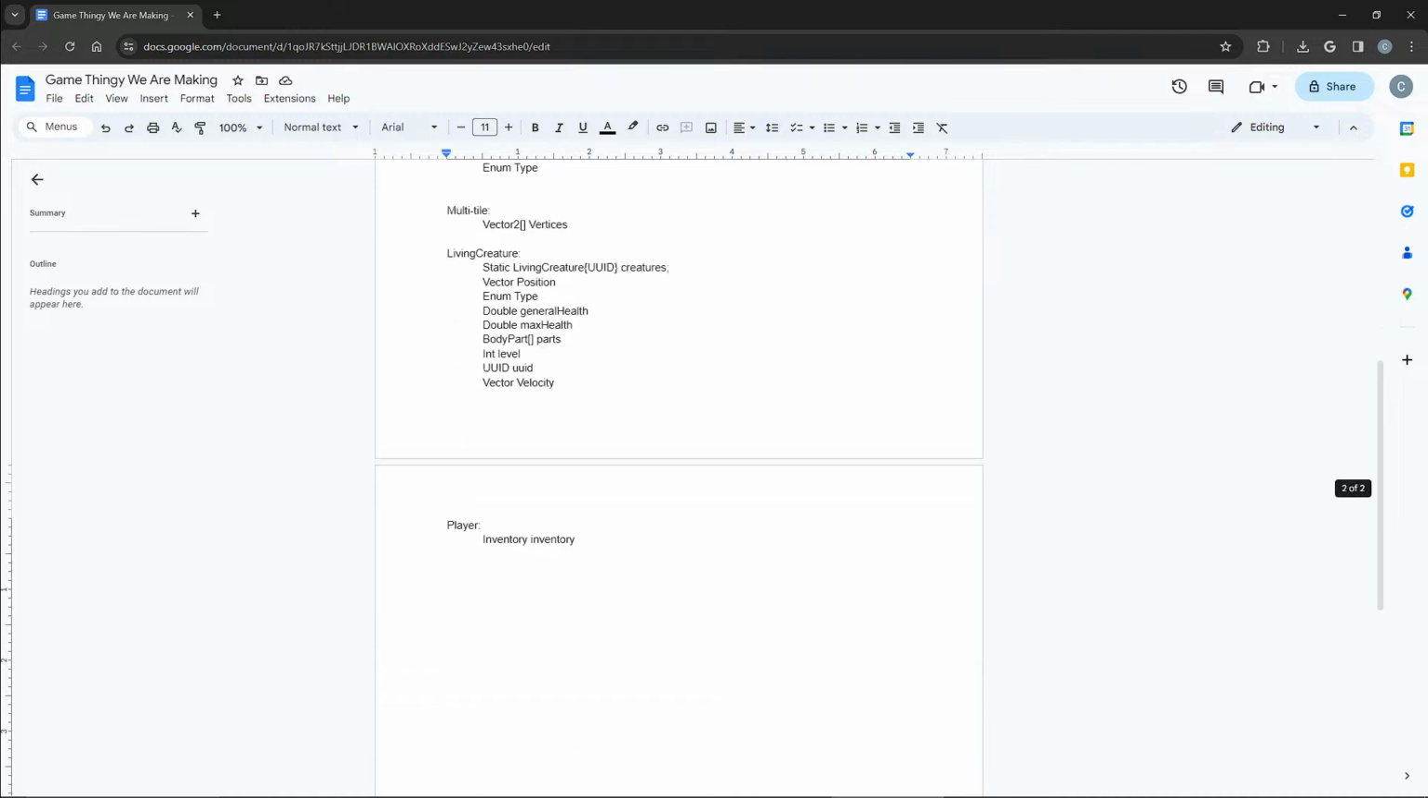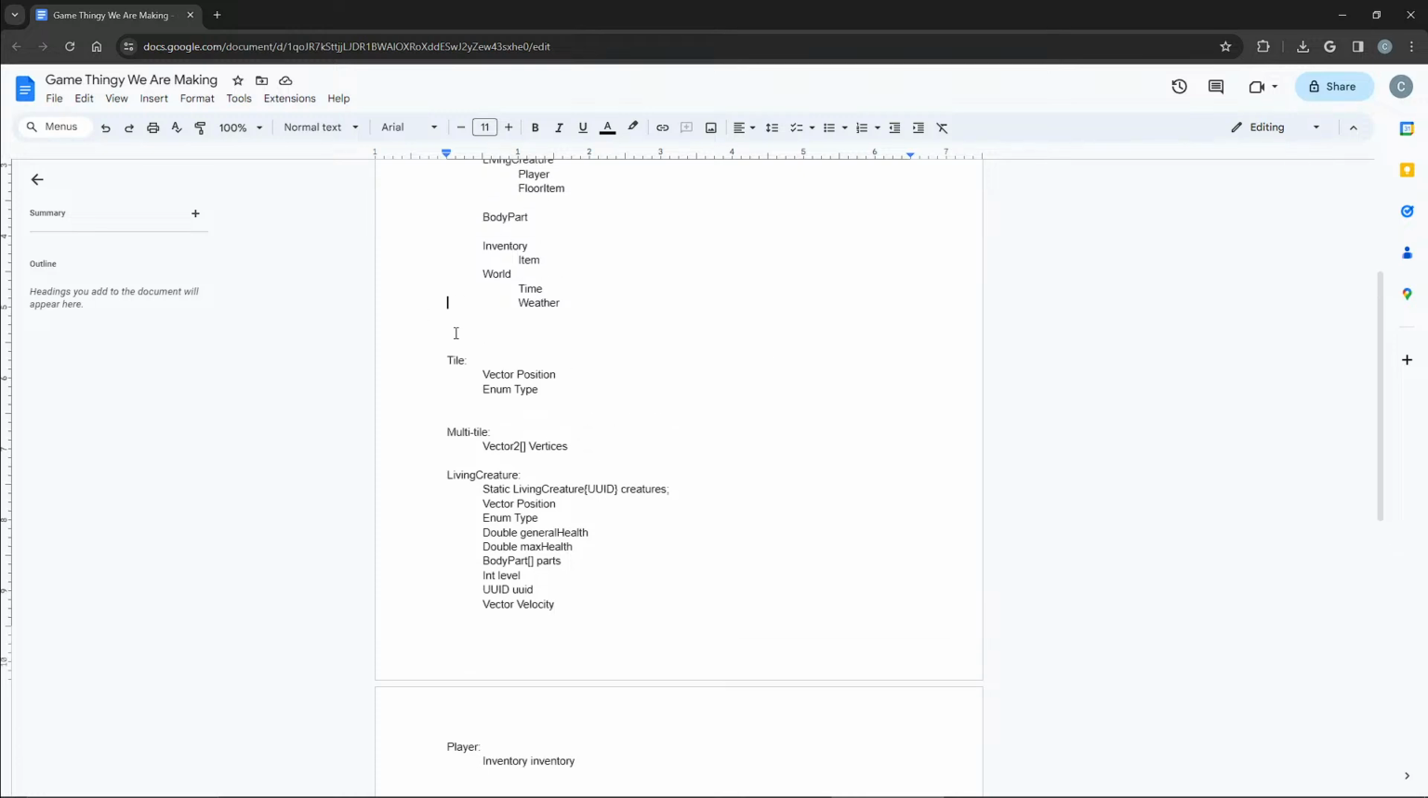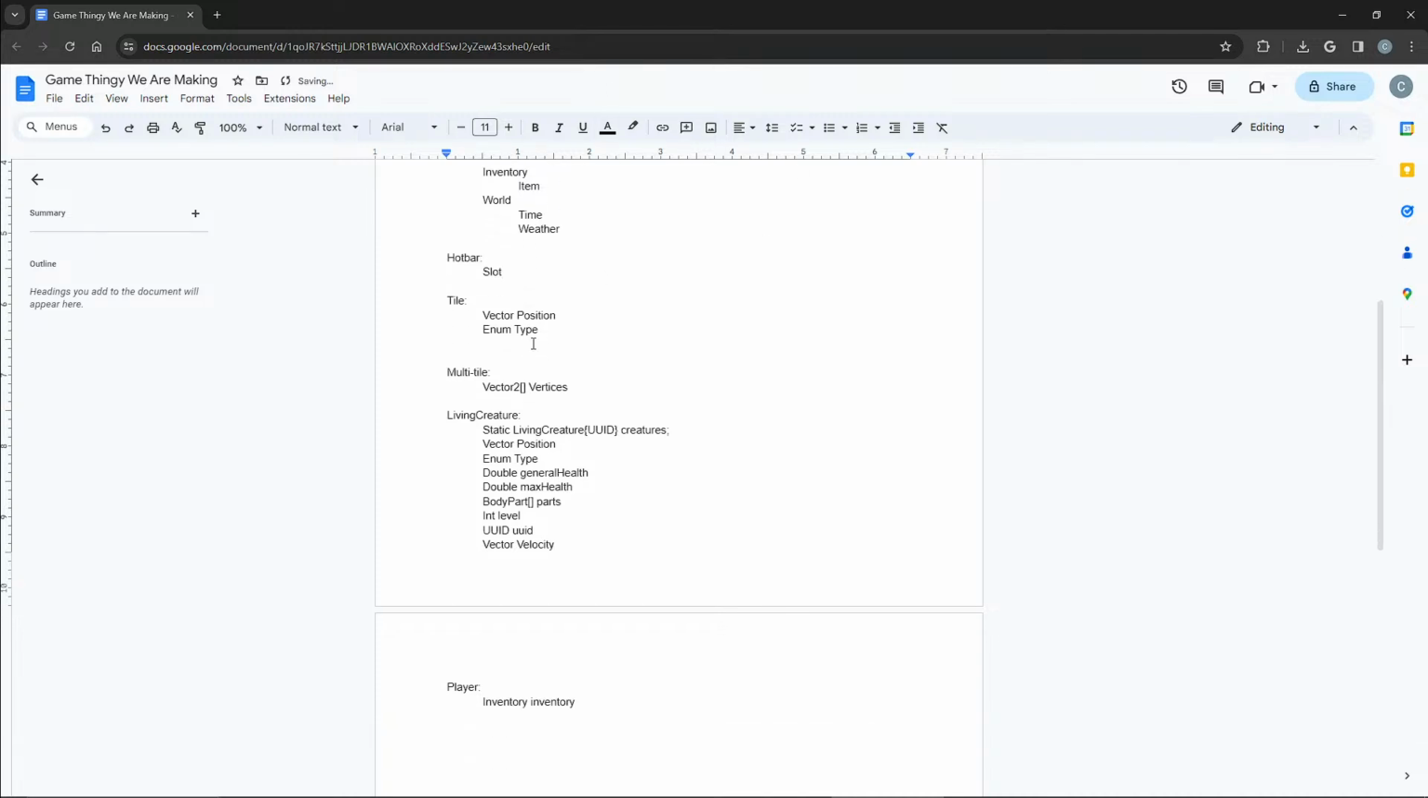Also probably have slots, so a scroll wheel. Scroll through all the slots on the side. In that case, I should probably make item slot or hotbar. It's gonna have a slot, and that's going to have slot type. I'm gonna probably have different slots for different